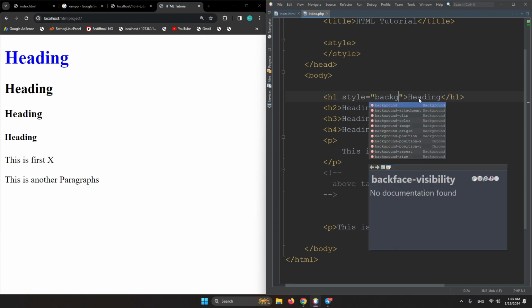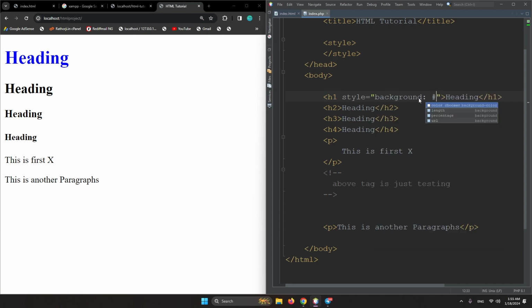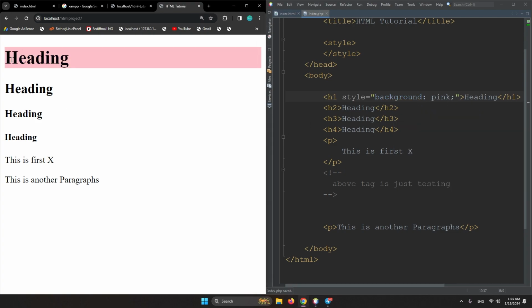So let me change the background, and the background color is maybe pink. When you refresh, you will see the background color is pink. So likewise you can add your colors, and you can add your CSS. These are called attributes of our HTML. All right, next is